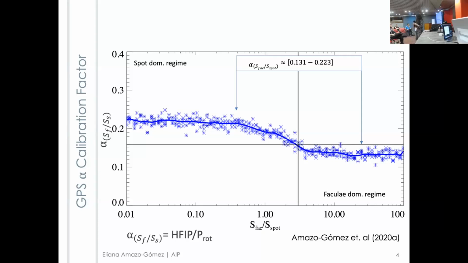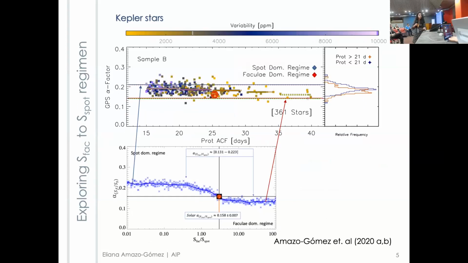We wanted to know if this was just based on models. Viewing models can do many things, but you have to go and ask to the observations. And the first object is the sun to go and ask, and we observe more than 20 years of total solar irradiance. And we follow also with the MDI cameras whether we have facula and spots and characterize where is located the sun in this diagram. And we observe that the sun is in the transition region between these two domains.